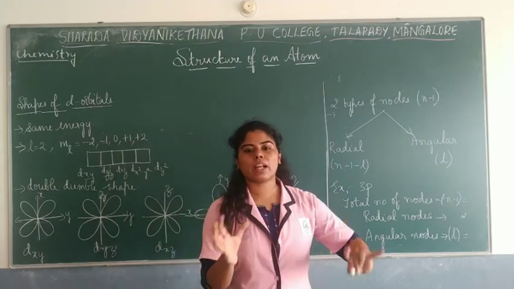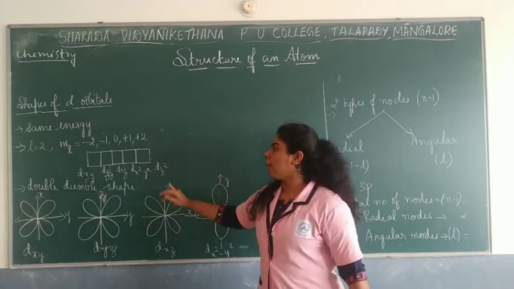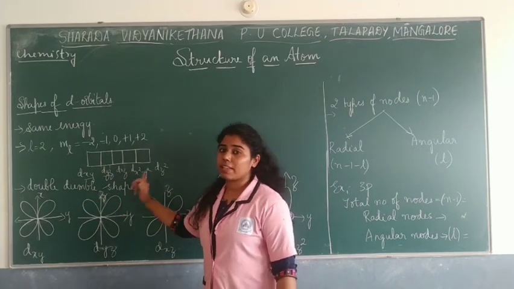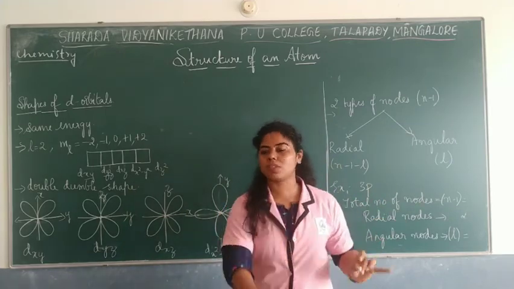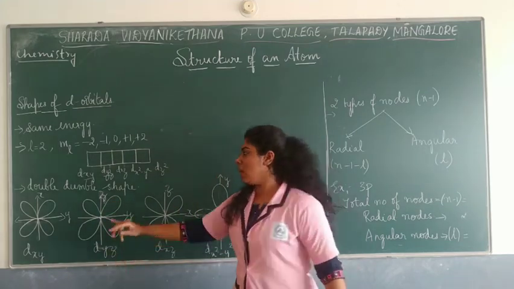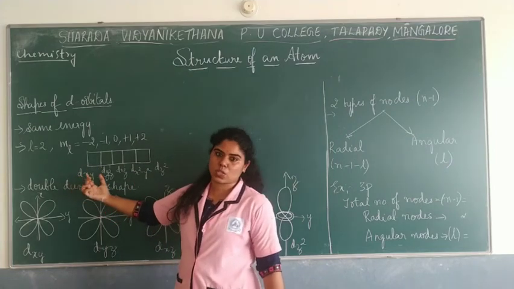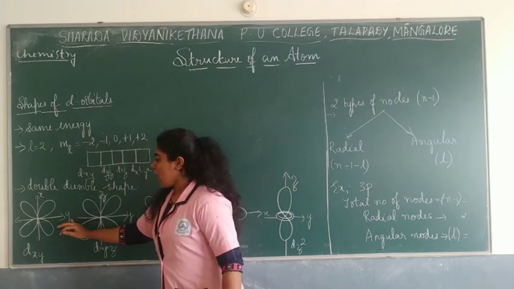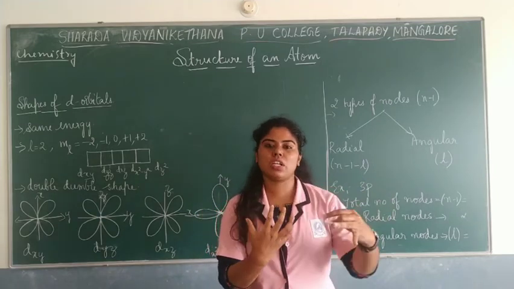Now these orbitals, when compared to p orbitals, which had a dumbbell shape, as I told you, right? But here in d orbitals, they have a double dumbbell shape. That means if it is a dumbbell shape, then how many lobes do you have? Then you have 2 lobes. But in a double dumbbell shape, how many lobes? There are 4 lobes, right? So if you have to represent the first orbital, for example, let us take dxy. Now if you have to represent this dxy orbital, you have to imagine it in a 3-dimensional way.